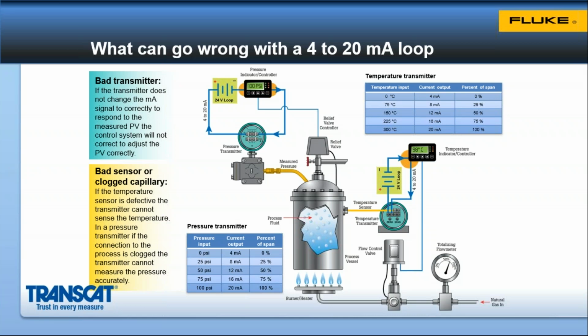You may not be getting the correct interpretation of the actual temperature into the transmitter, which means the transmitter is not getting a good temperature signal from the sensor. In those instances, the transmitter is not going to regulate the milliamp signal correctly. Some temperature transmitters do have multiple sensors and have an open detect crossover, but that open detect crossover only occurs when the sensor fails and opens up. It doesn't catch or change the sensor from one to the other in the event the device is simply just